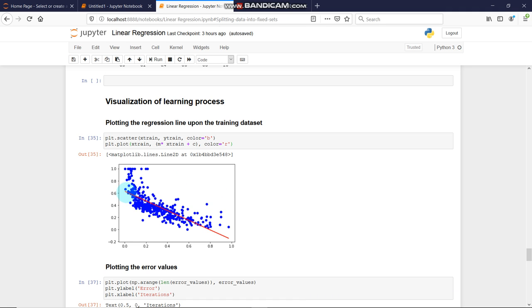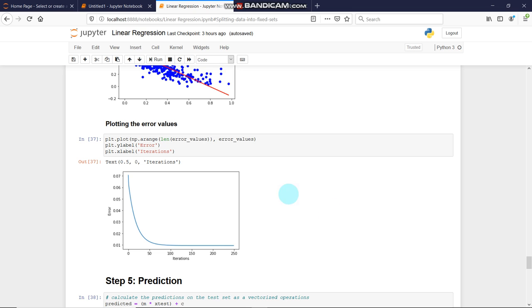This is the regression line, which is our algorithm, the red line, and this is the scattered form of the data set, actually the training data set. As we can see, the linear regression line is almost over the training data set, which is a good sign because it's holding up all the training data except at the end here. Otherwise it's fine.